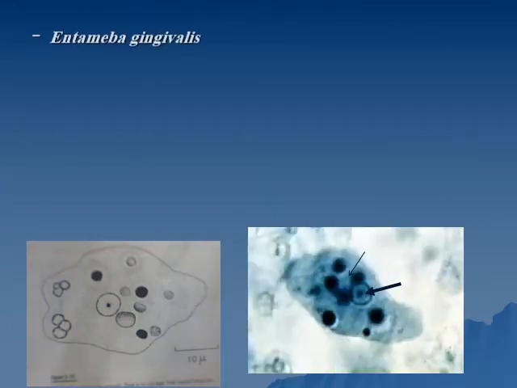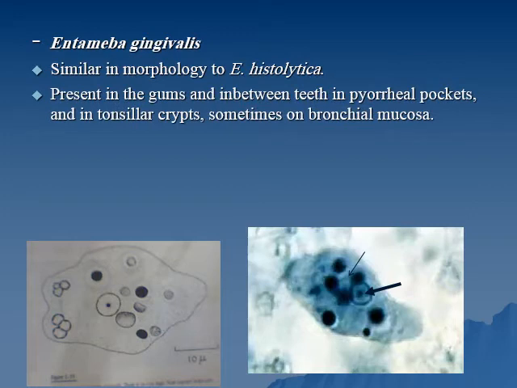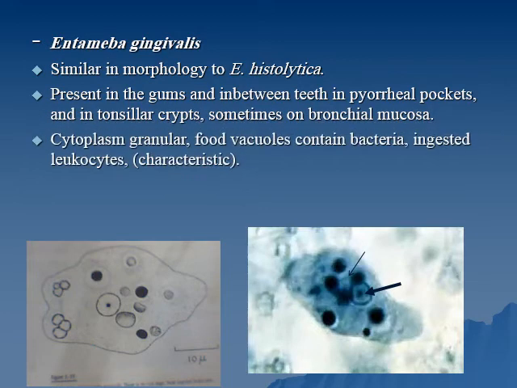The third type is Entamoeba gingivalis. Entamoeba gingivalis is present in the gums, and it is similar in morphology to Entamoeba histolytica. It is present also in between teeth in pyorrheal pockets in patients with pyorrhea. It is also present in tonsillar crypts in cases of chronic tonsillitis and sometimes on bronchial mucosa in cases of chronic bronchitis. This amoeba